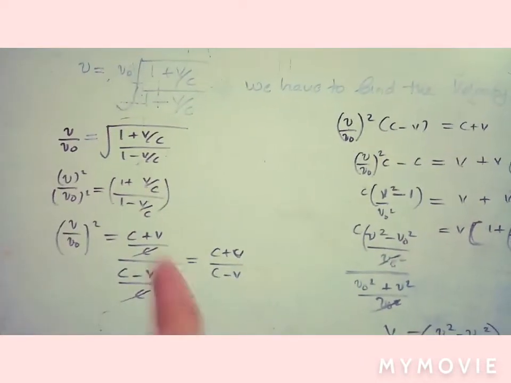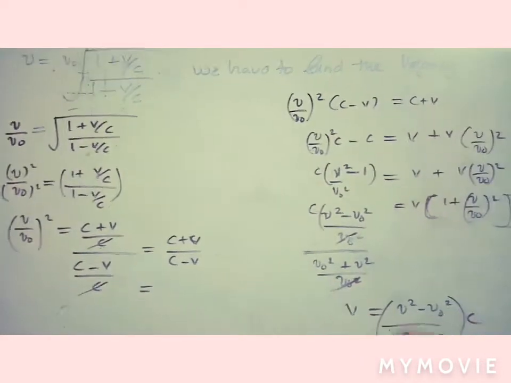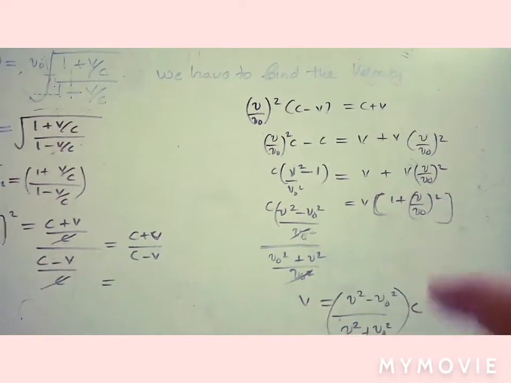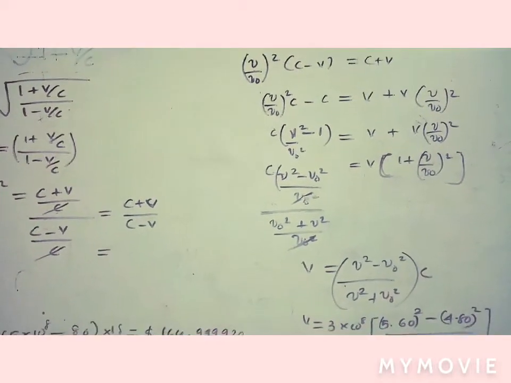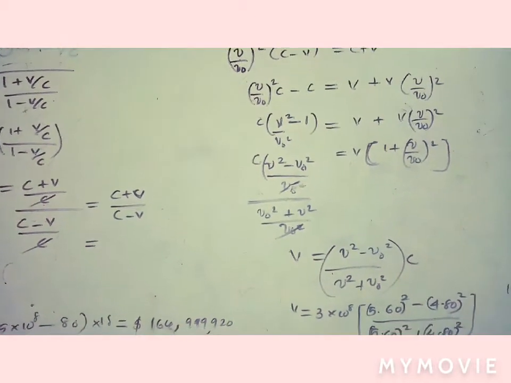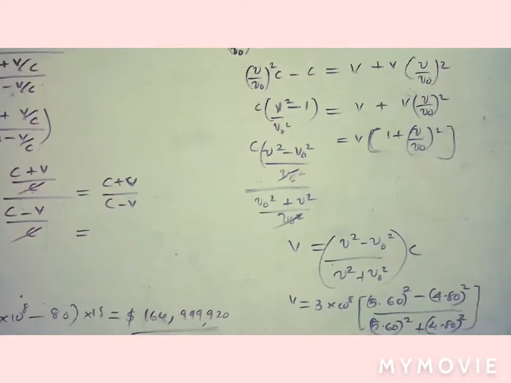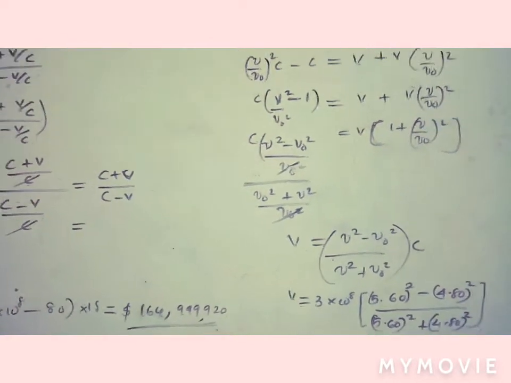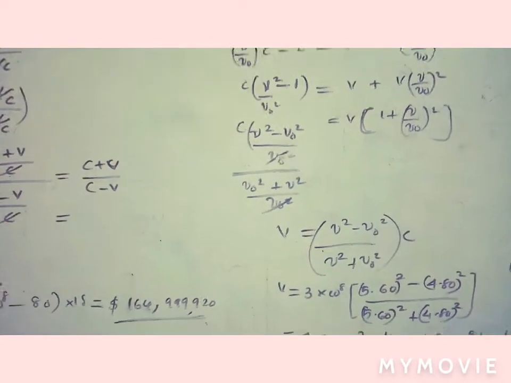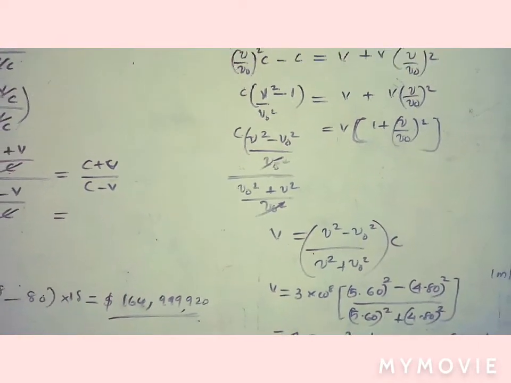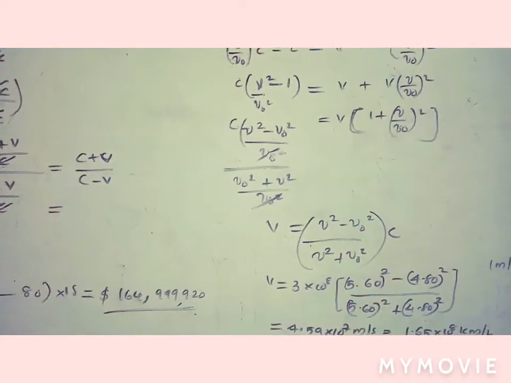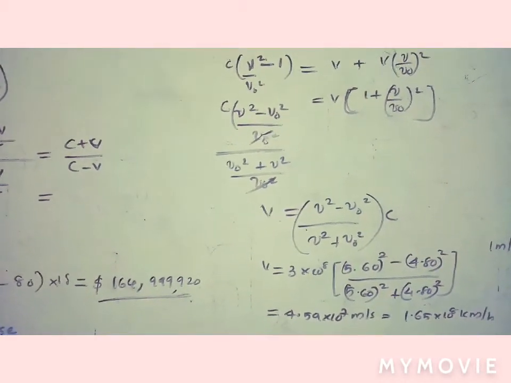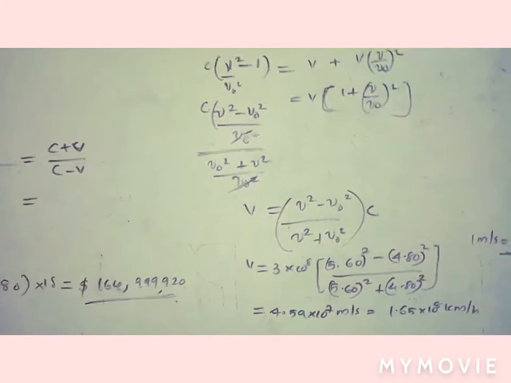You know everything, but just square and cross multiply, and we get the velocity terms put together, and you get the velocity equation as nu square minus nu 0 square divided by nu square plus nu 0 square. So we know the actual frequency of the red light, and she saw that it is green. So we know the frequencies of green and red, which are given in the question, and we get the relative speed of the vehicle as 4.59 into 10 raised to 7 meter per second.